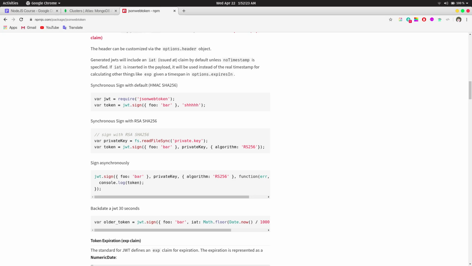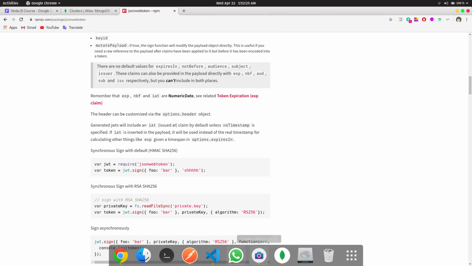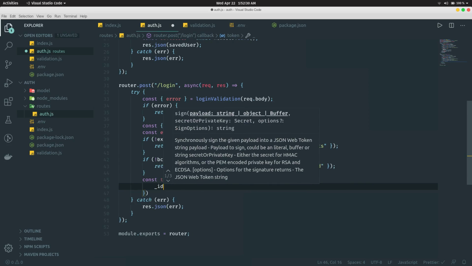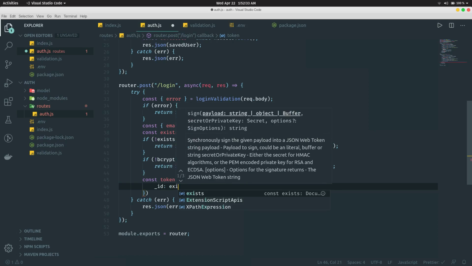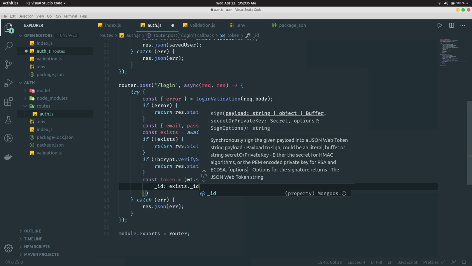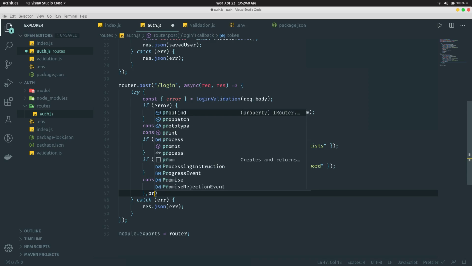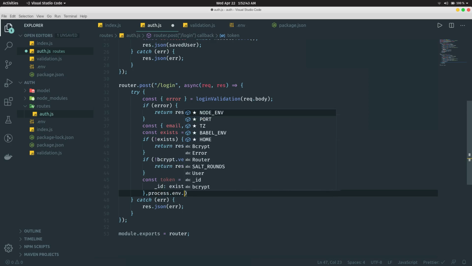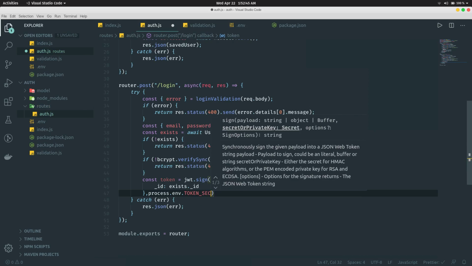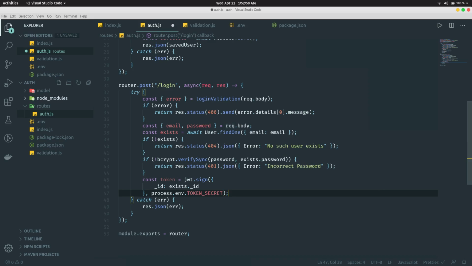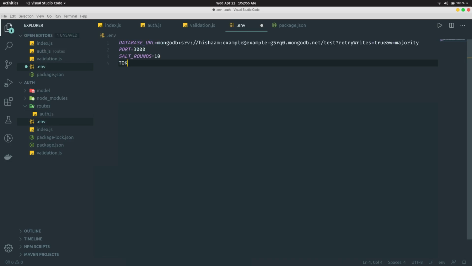Alright, so here will be a sign, and we'll keep the secret as ID, comma, process.env.token_secret. Now this token secret has to be actually added to the .env file, so we'll say token secret equals to